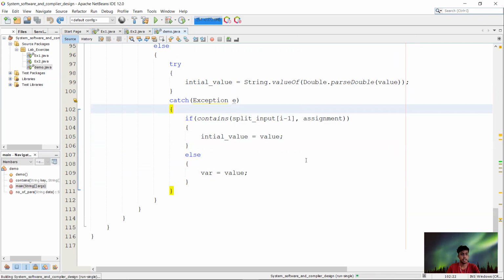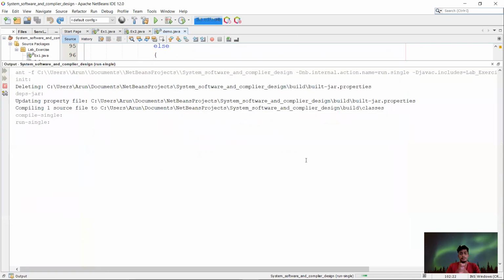It takes a minute. So it asks to enter the number of lines. Now let us perform the same operation. 3 lines. I'm going to write int a equal to 10, comma b equal to 20, comma c and d, which are null values.